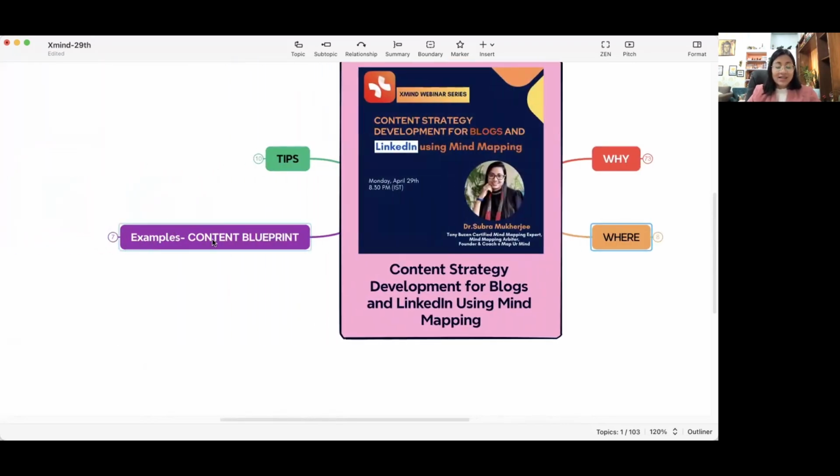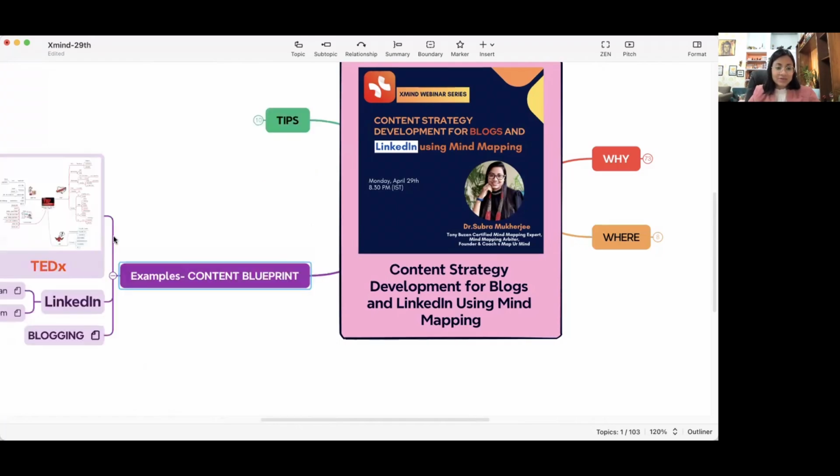So let's see, and I say, content blueprint. If you see the headline is content blueprint, because it is the blueprint. Once you start using it, you will understand that you need not sit back and think, what content do I create today, or what am I going to write for tomorrow? Tomorrow, it's a busy day, so will I be inspired to write anything? So all that guesswork will be taken away once you have a foolproof mind mapping template, or what we call the content blueprint. So let's see some examples.